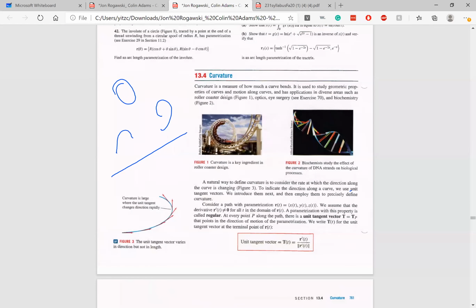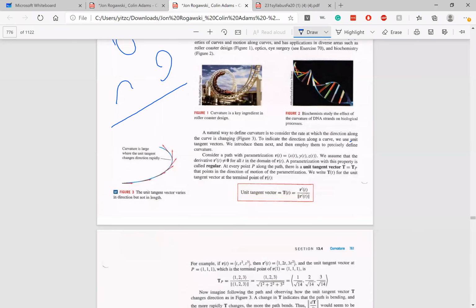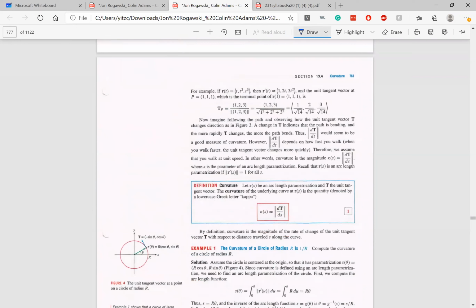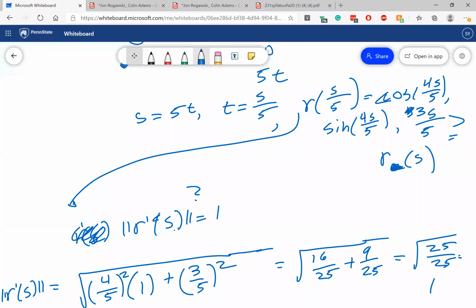And pretty simple, we know what the tangent vector is, it's r prime. So now you take r prime over the magnitude and you get the unit tangent vector. And they do an example for us, but I don't think that that's necessary. And so then they tell us that the curvature is going to be the change in that unit vector over the change in s, which would basically mean,